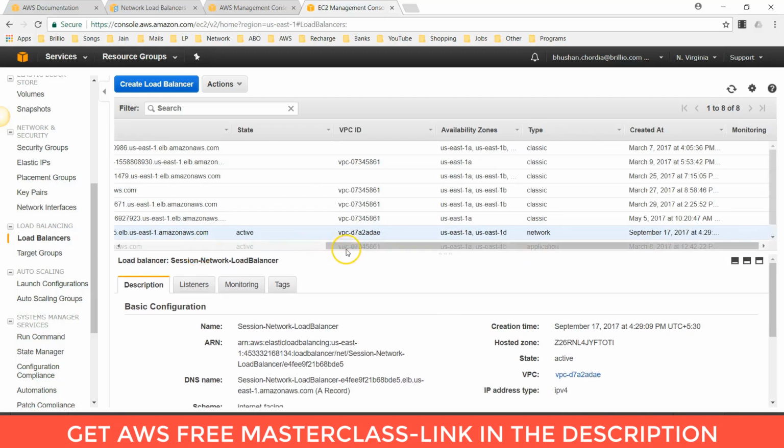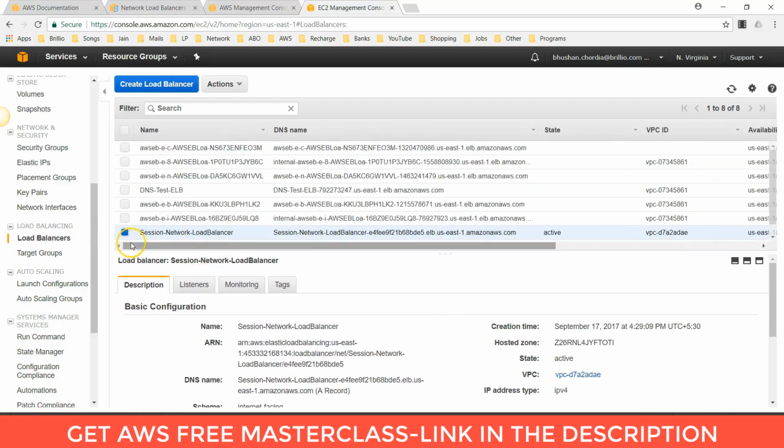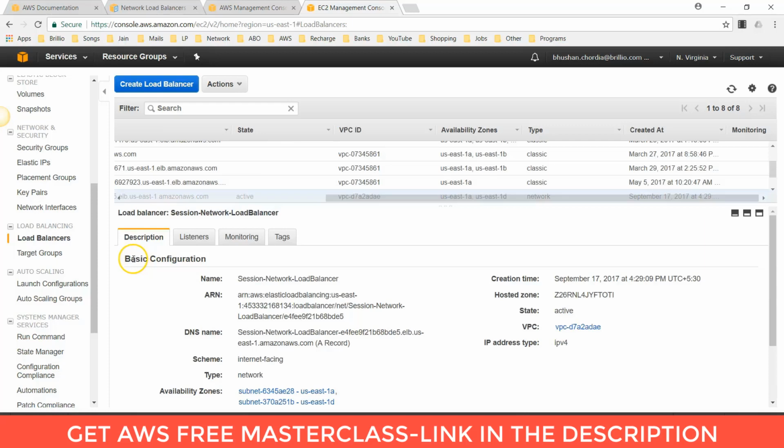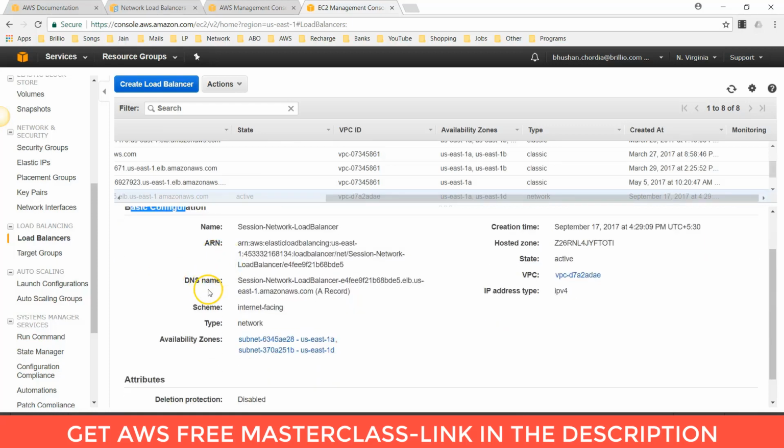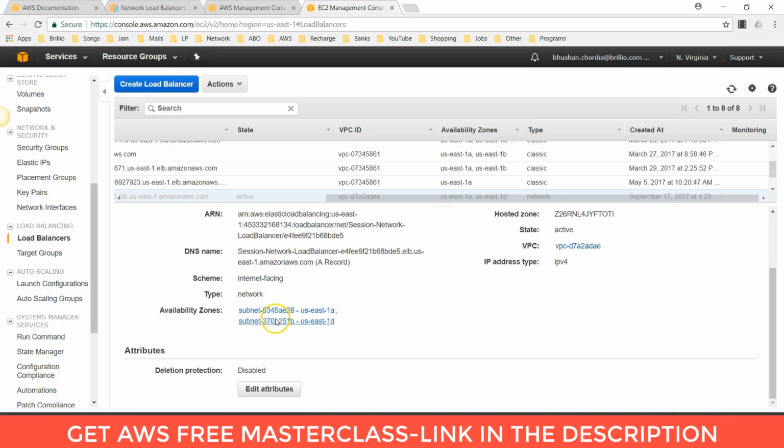So you can check the description of the Elastic Load Balancer. You can check the basic configuration like name, ARN, DNS name, scheme, type, availability zone, VPC, IP address type. You can change the attribute also by going to edit attributes.